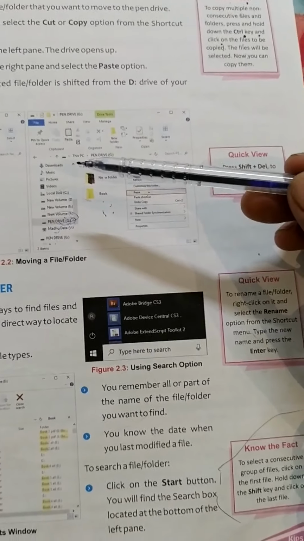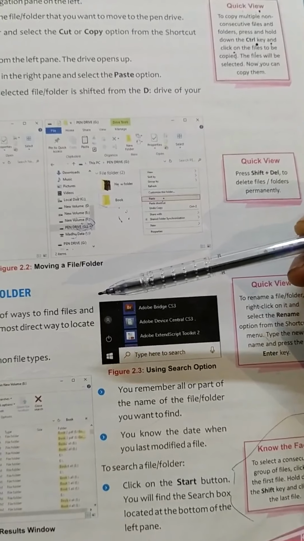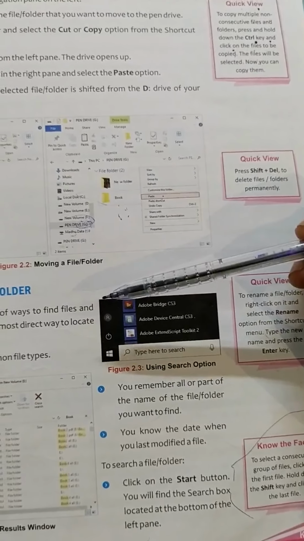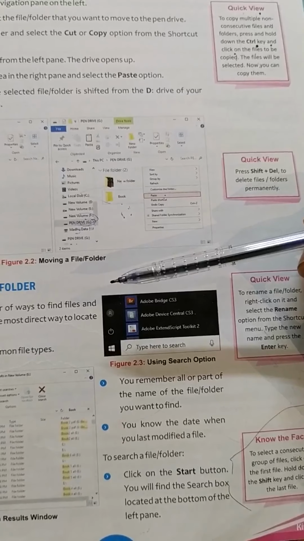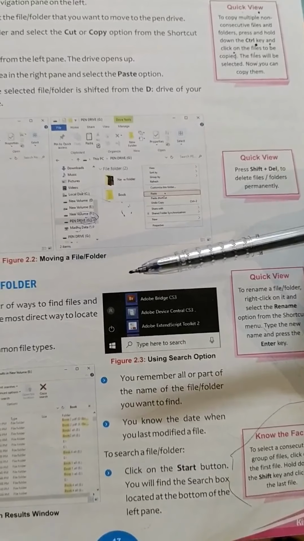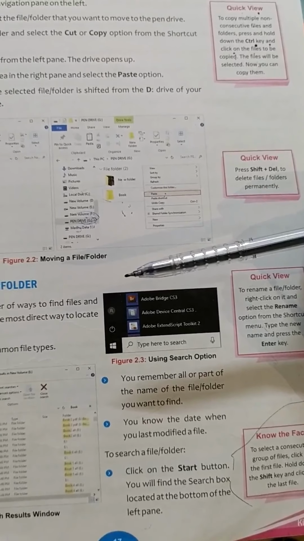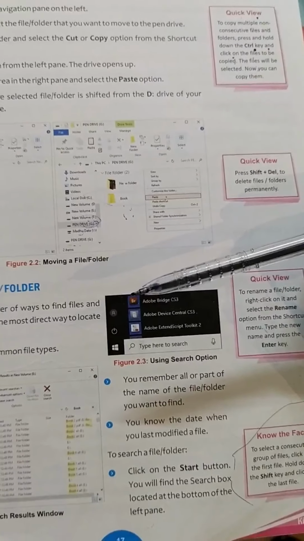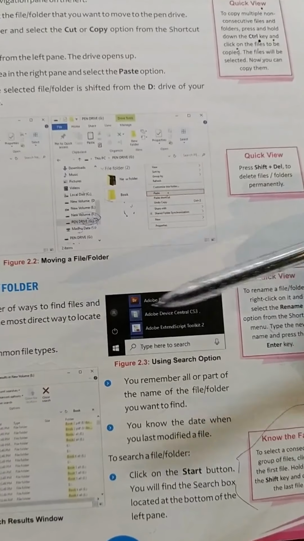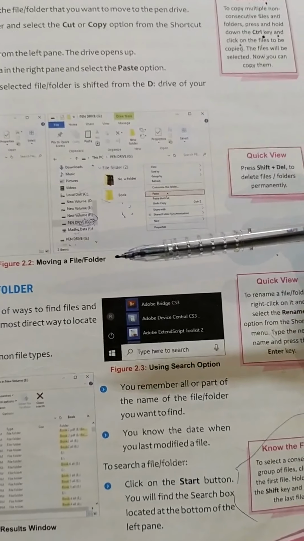an interrupt in between. For example, if there are 10 files in sequence, if you want to select all the files in a sequence, then it will be consecutive files. But if we want to select the file not in the order that they are placed, for example, we want to select the first file and then the third one and then seventh one and then ninth one. These files are not in sequence, are not in an order.